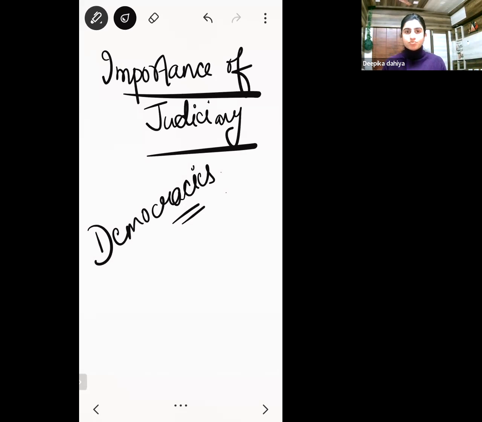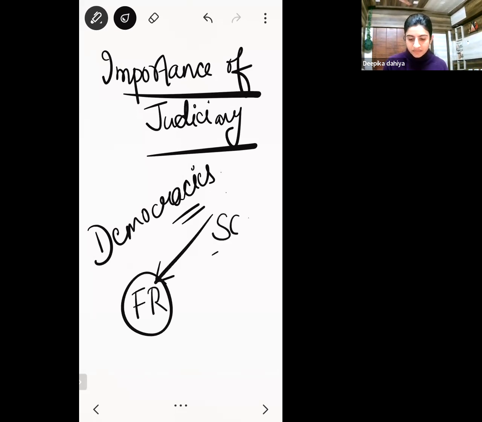When people are apex in a political setup, it becomes more important to protect their rights, because the very concept of democracy is to give human rights to people. And if you're giving human rights to people, protecting them becomes even more important, because if there is no remedy to the violation of human rights, there is no meaning of having human rights in the first place. That's why your fundamental rights are directly protected by the apex court, the Supreme Court.